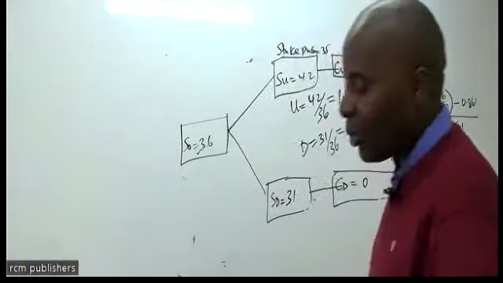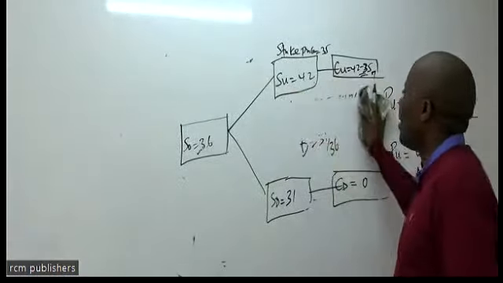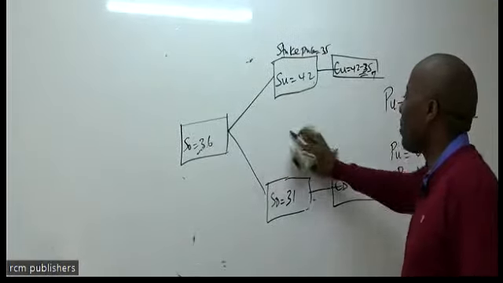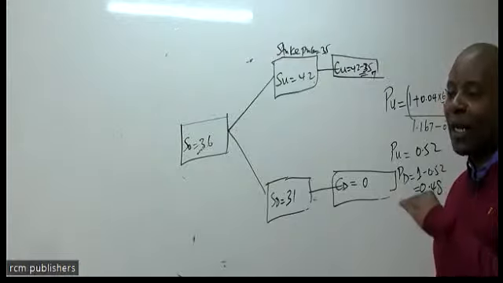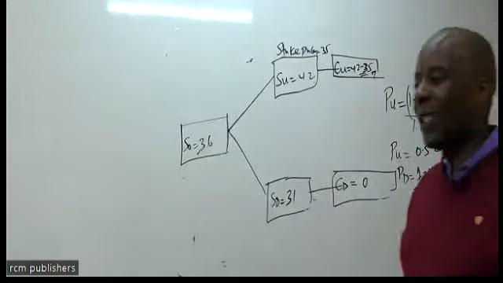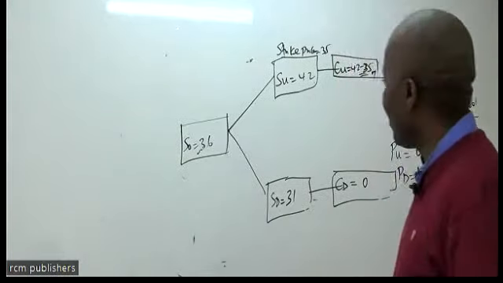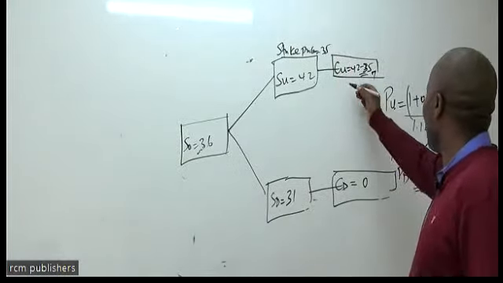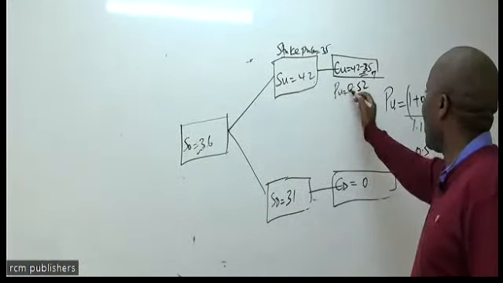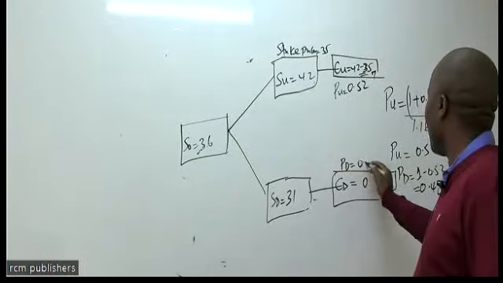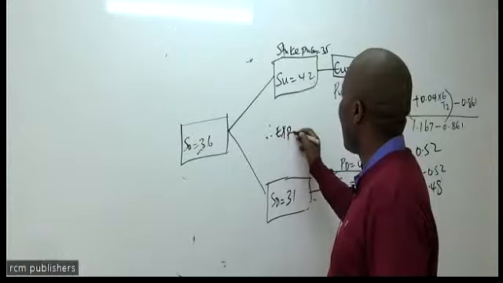So now these are the probabilities that I would need to come and put here. Fortunately, by the time you are reaching here, you will have already gotten a lot of marks. By the time you arrive here, you have recovered almost all the marks. So you don't necessarily have to get it correct. AFM is not about getting correct answers. It's about the method. So then we have here 0.52 as the probability upward, and the probability downward is 0.48. Therefore, expected